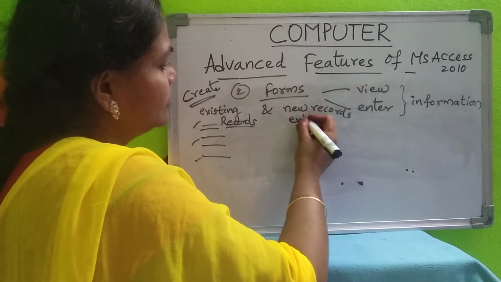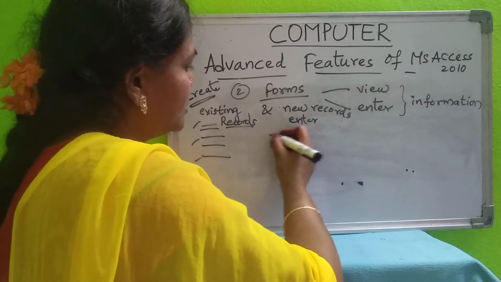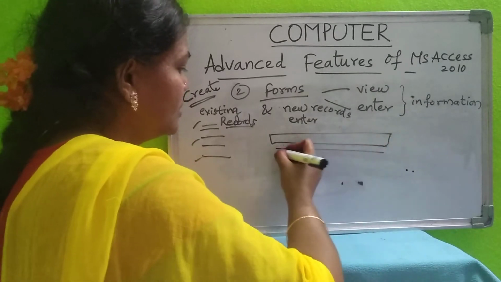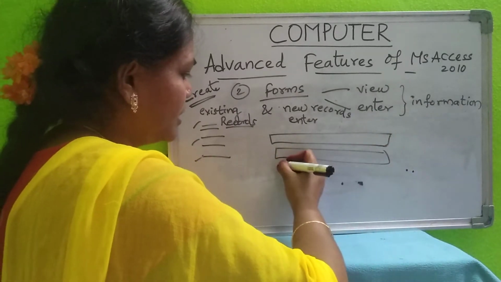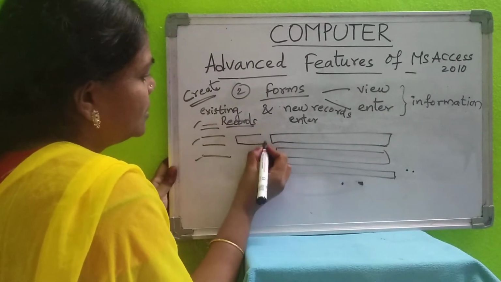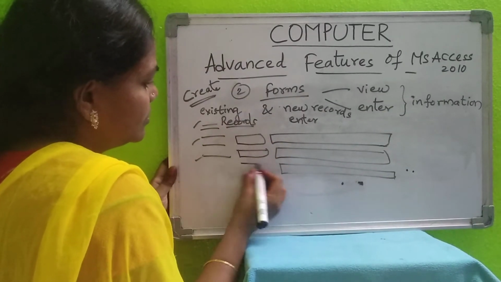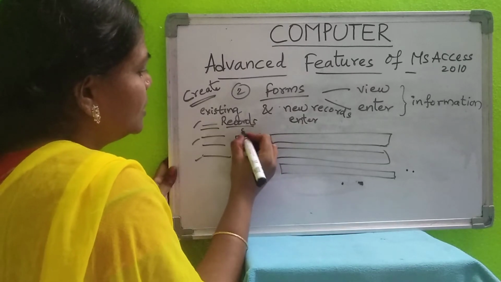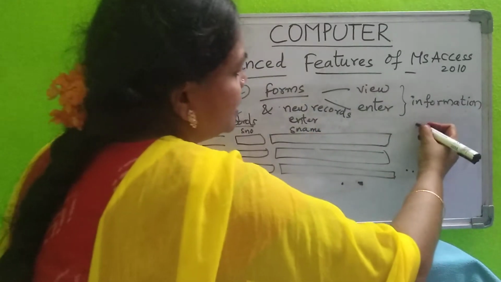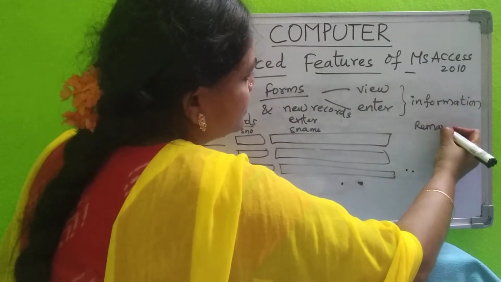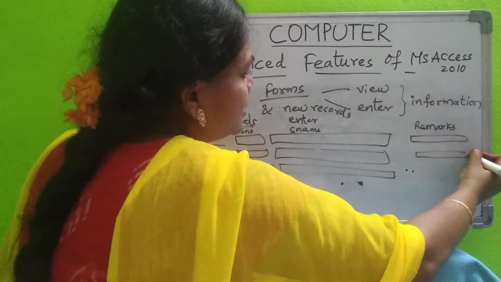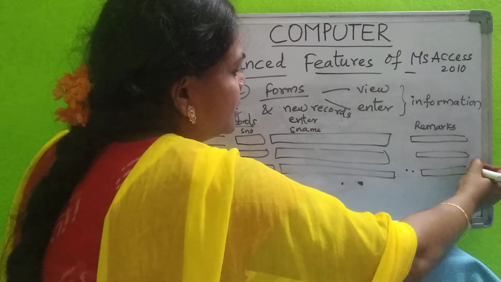Okay. So this is displayed like this. You will see a form like this. How much space you give is displayed in this form. Here the column names will be displayed. So here the column name is displayed, the name, and here remarks, which I gave now, with that column name. These are displayed here. And if you want to enter new records also, you can enter.